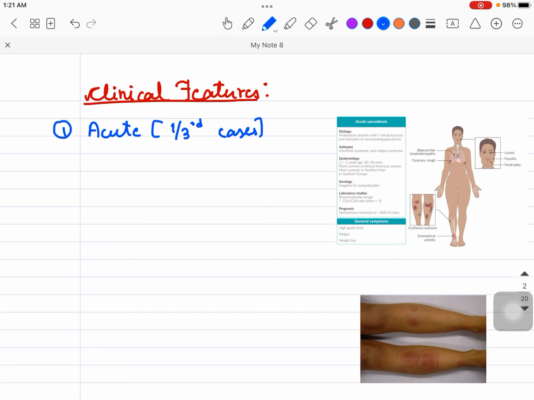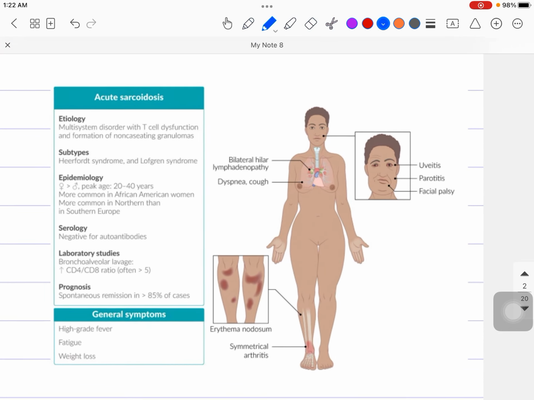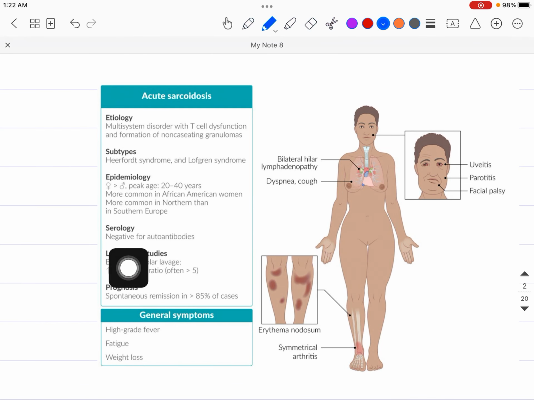Sarcoidosis might be asymptomatic as well, so we might not be able to diagnose the disease, or the patient might not come to you for a checkup, because the immune system can take care of this particular problem. Okay, so they will undergo remission. So in the acute cases, this is a picture which you can go through while understanding about these acute cases.